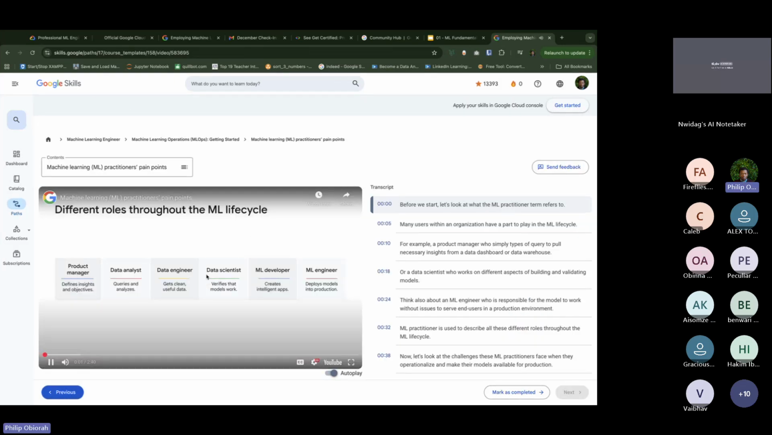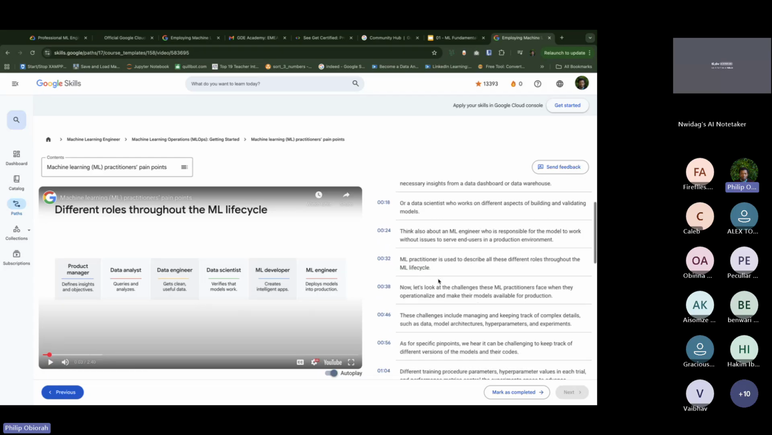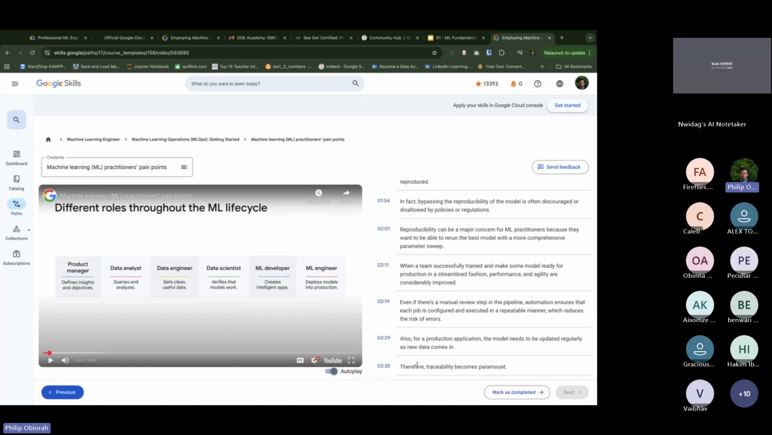Before we start, let's look at the ML practice. It has courses. You just start from the beginning and it explains to you, and then when you finish, you go to the next. Mark as completed, next. In some cases, you start doing labs. In the labs, it will prompt you to